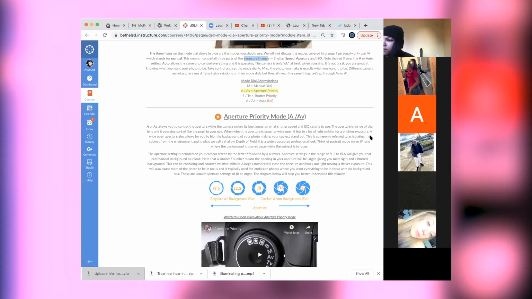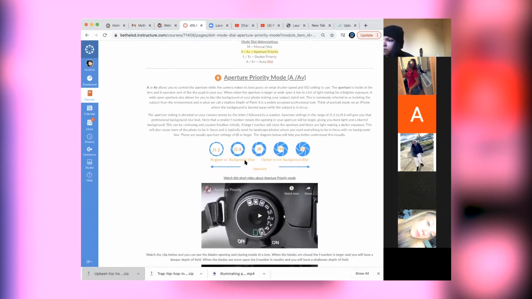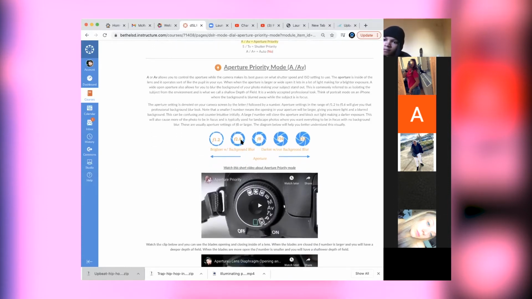That is commonly referred to as isolating the subject from the environment and is what we call a shallow depth of field. It is a widely accepted professional look. Think of portrait mode on an iPhone where the background is blurred away while the subject is in focus. Right, but on an iPhone, it's doing it with math, whereas with a lens, you're doing it properly with distance